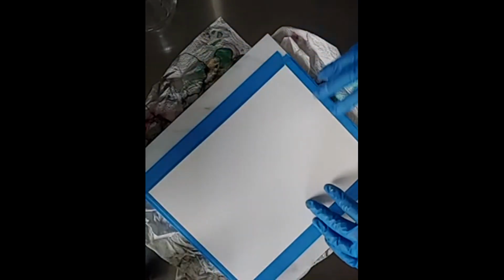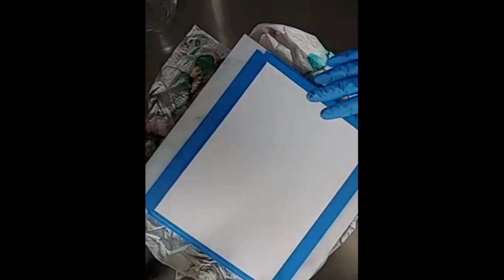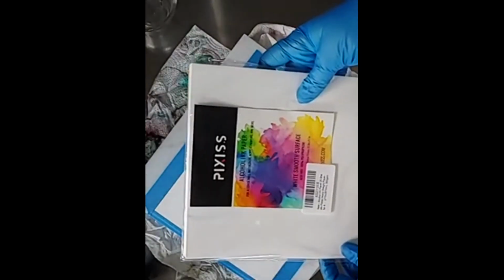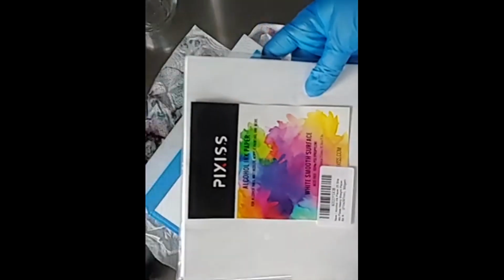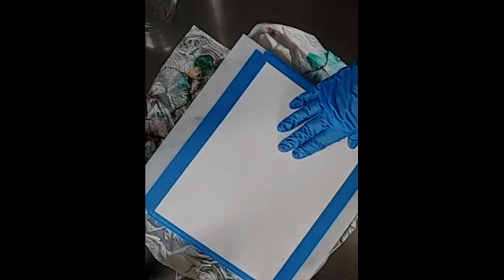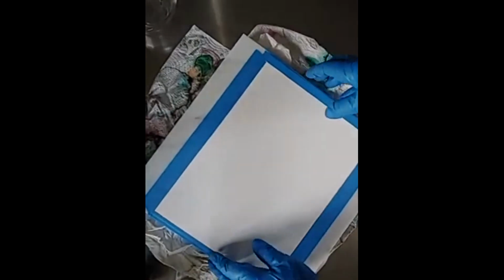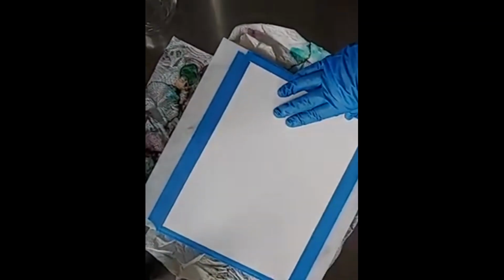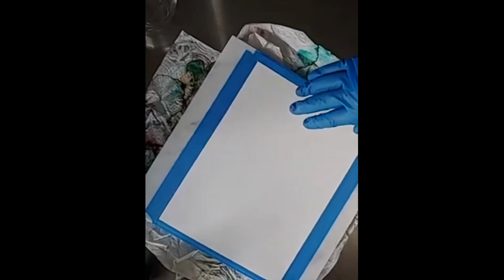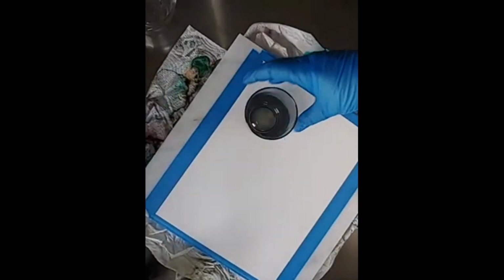Welcome to the channel, and today I'm going to be playing with some alcohol inks and making some circles. I'm going to try first on the Pixiss alcohol ink paper. This is totally new for me. The next one will also be for Nara, and I'm using Ranger inks. I have this paper, which is, I believe, 8 by 10,